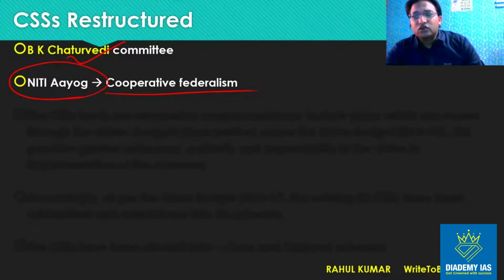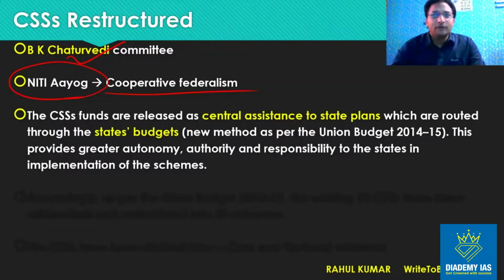If the funds are given through centrally sponsored schemes, then the central government has the control over how much money will be given and what the terms and conditions will be. So the central government is the primary agency deciding how much money and what the terms and conditions are. This actually reduces the autonomy, accountability, and responsibility of the state government. Therefore,